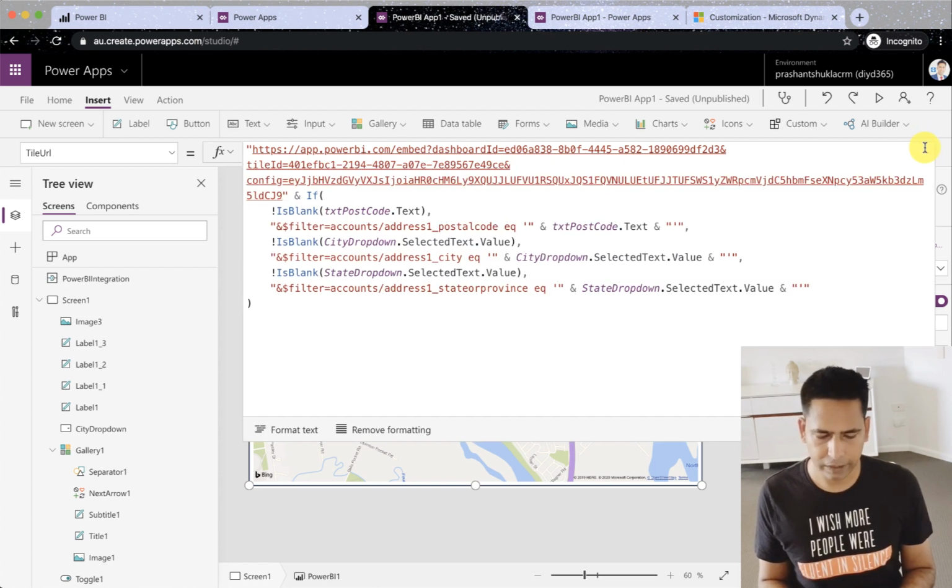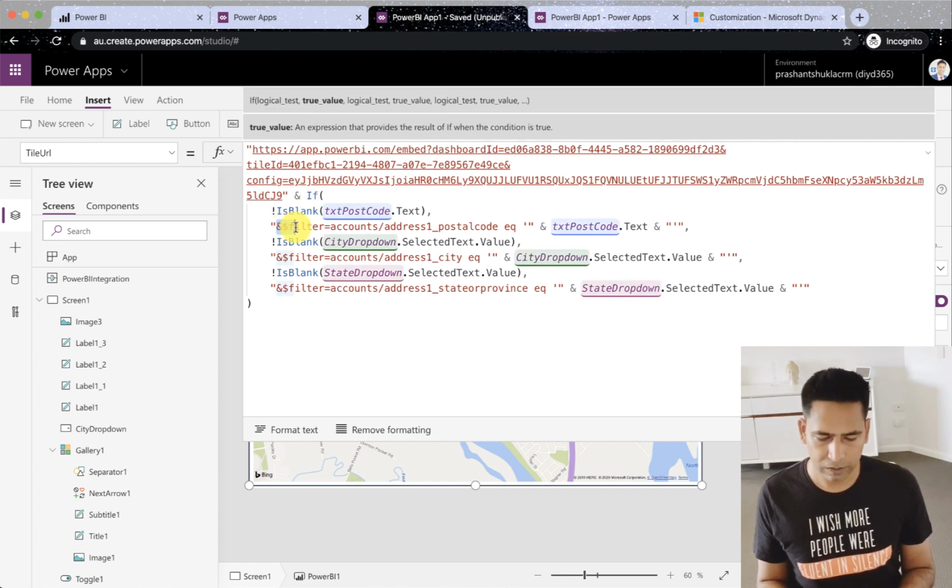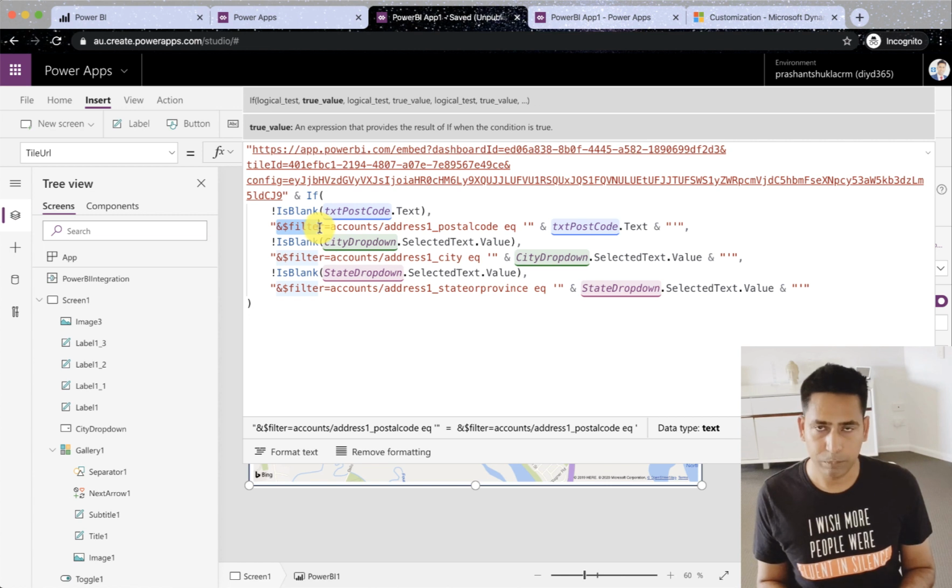So I'm saying if text postcode text is not blank, then I will apply this filter. Now you need to look at it, that this double quotes closes here, then you put an and then if statement, and then every time you're putting a filter, you need to do this. So ampersand